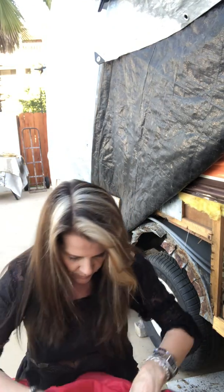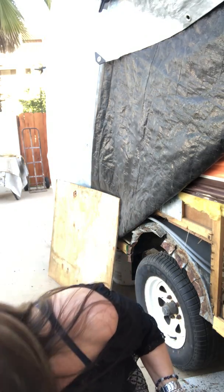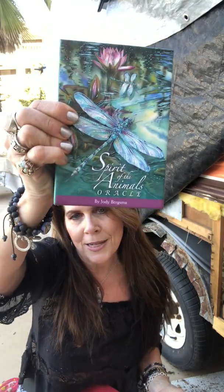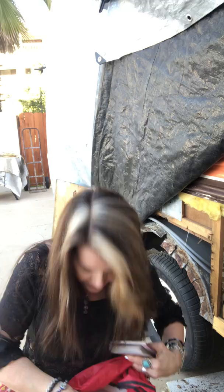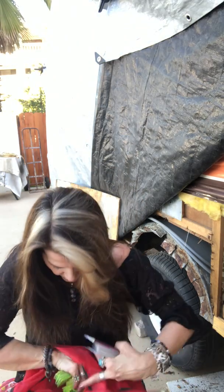All right, so we have 2 decks. Actually, we have 3 that we're working with. We're gonna work with the Universal Love deck by Tony Carmine Salerno. And the messages aren't really long, that's why I thought I'd do it. And then spirit is gonna give everybody a spirit animal, but I'm not gonna go into depth. And then I have my deck, the Naked Truth, 333. So, whoops, 1 deck already opened. All right,